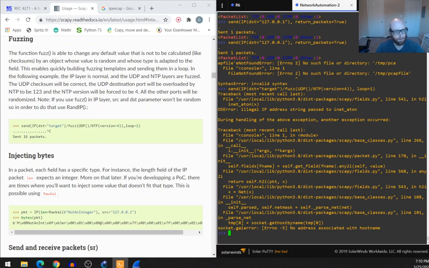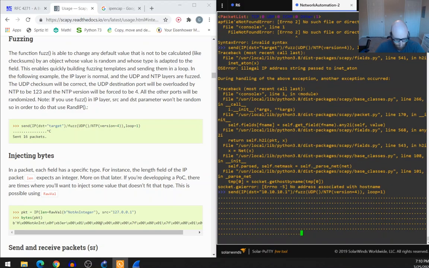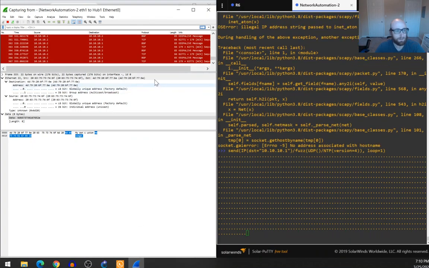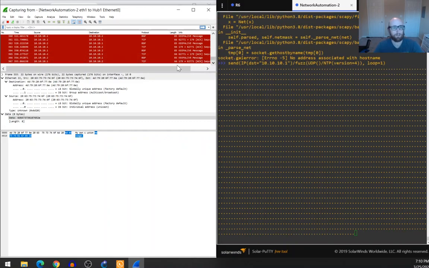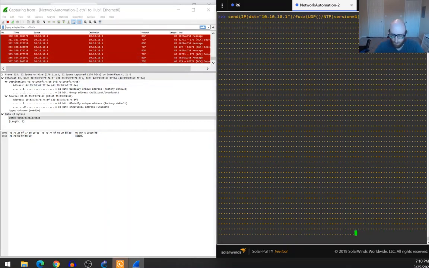Oops, so we've got no address. Oh, okay. So yeah, let's give it an actual target to go to. Give it 10.10.10.1. Okay, so we're sending packets to that address. I don't see the packets showing up here. So I'm wondering if it's using the right